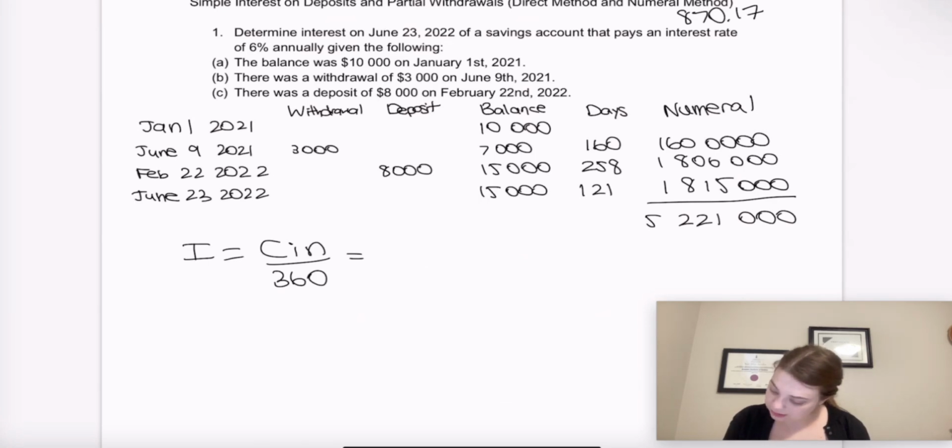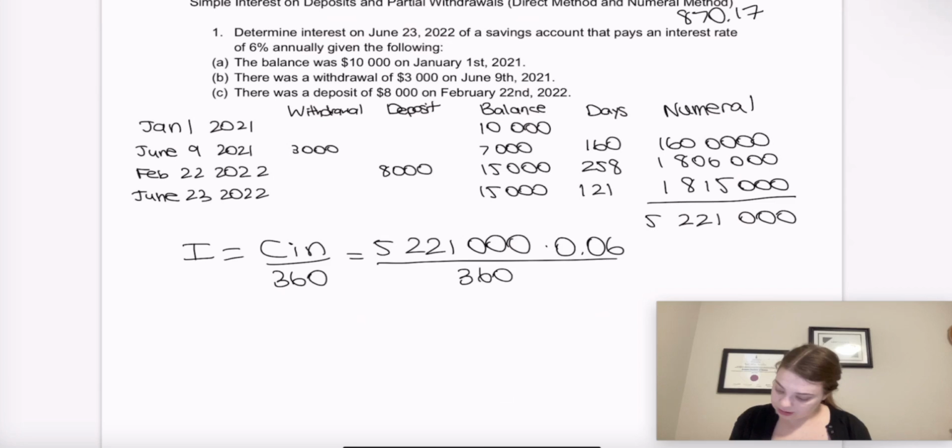So the numeral is 5,221,000 times the interest rate, which is 6%, over 360. And that gives me the same thing as before,